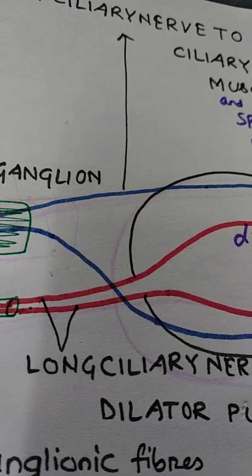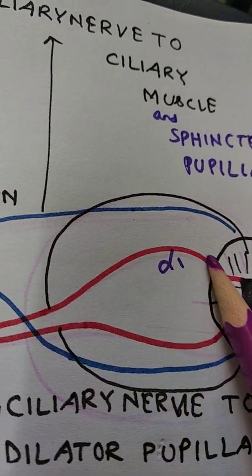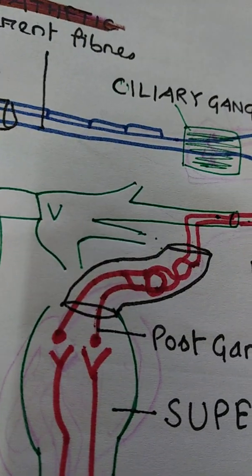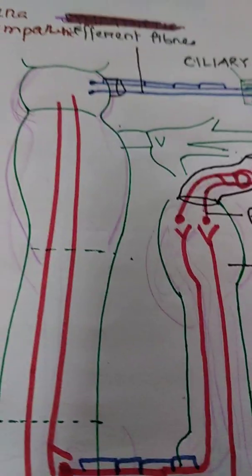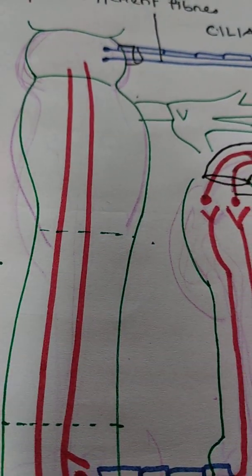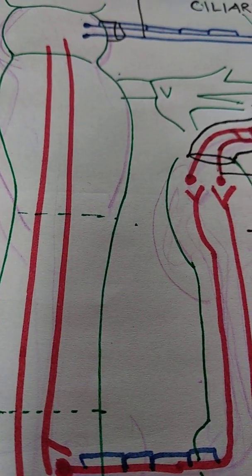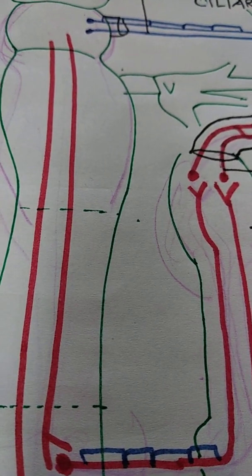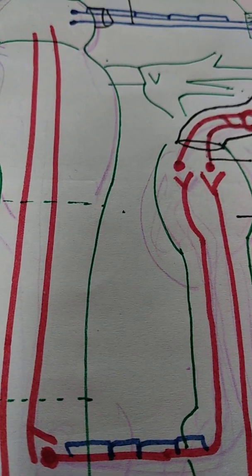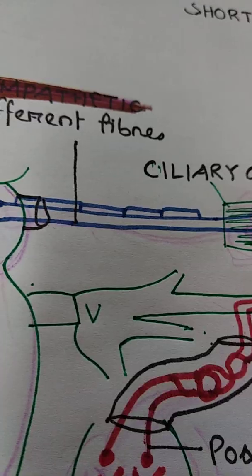Here the sympathetic one I have drawn in red color, the sympathetic nerve. But before that we should also know one thing, that all the preganglionic fibers are supplied by